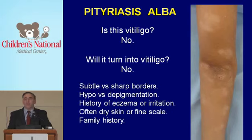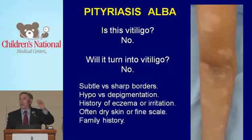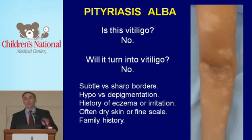These kids have a history of eczema or some sort of irritation that they had on their skin. Vitiligo has no dry component to it, no fine scale to it. And then in vitiligo, typically there's a family history of vitiligo or other autoimmune diseases, as we learned in the last lecture. And so you can just run through a checklist like that to reassure the family, because that's often the underlying concern